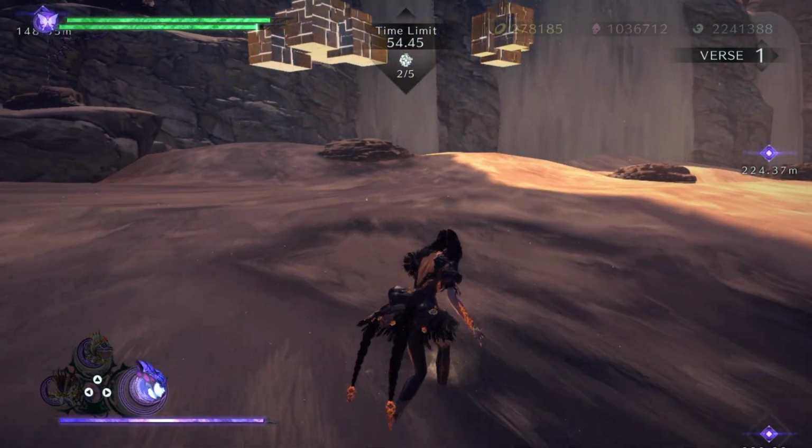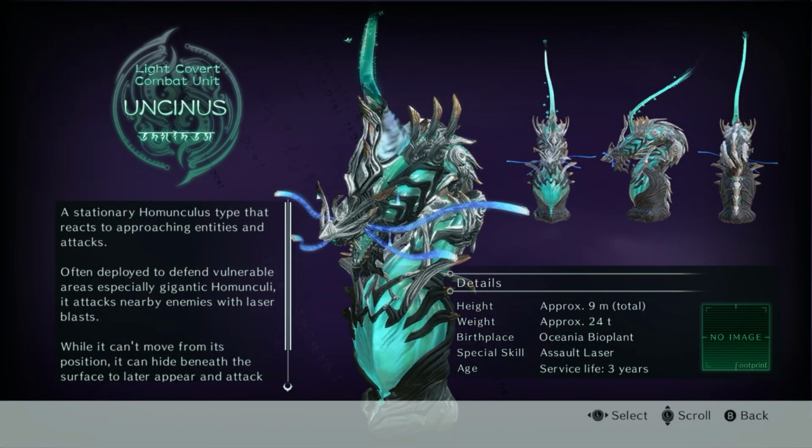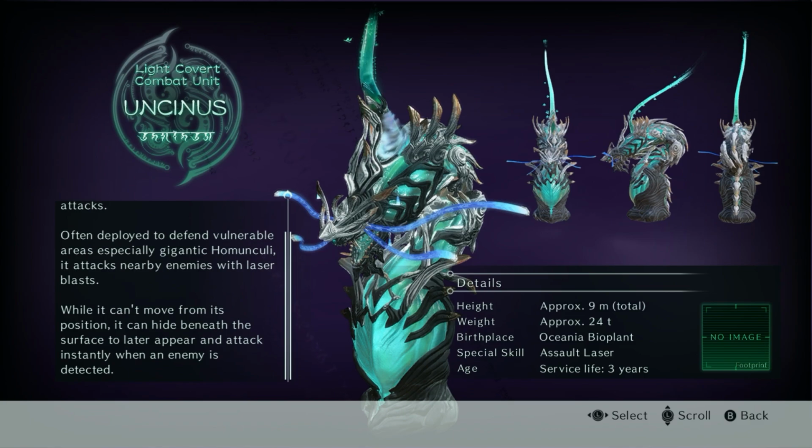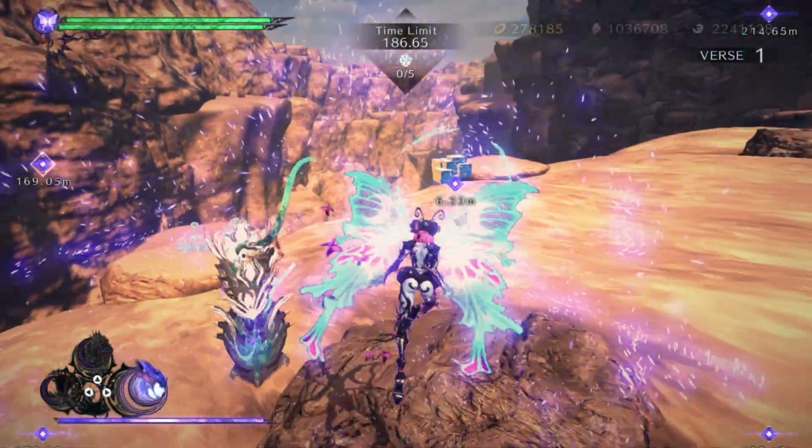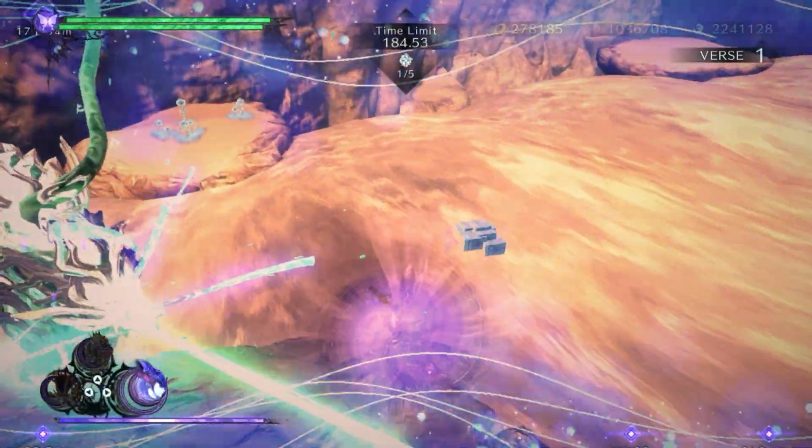Its description goes: a stationary homunculus type that reacts to approaching entities and attacks. Often deployed to defend vulnerable areas, especially gigantic homunculi, it attacks nearby enemies with laser blasts. While it can't move from its position, it can hide beneath the surface to later appear and attack instantly when an enemy is detected. Uncinus' special skill is Assault Laser, which is the laser attack it uses when you enter